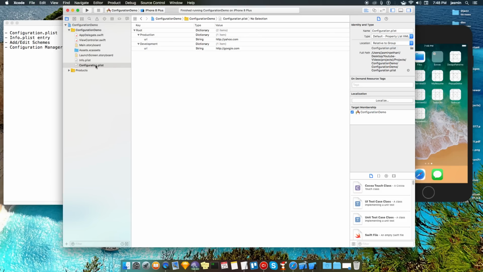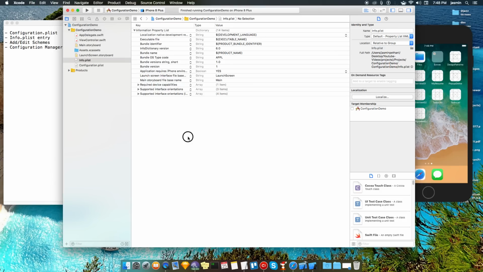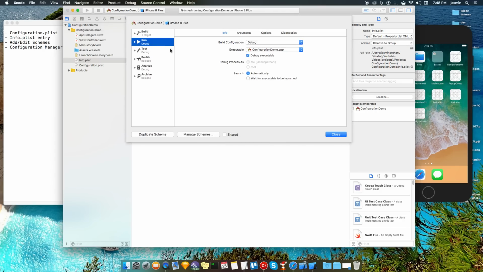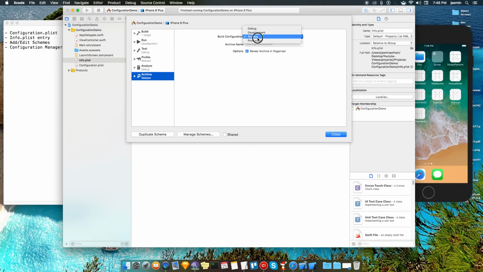So the configuration is ready. How do we know whether the current application is running in development or production? For that we need to use a scheme. Currently the application is running this way, but we can change debug to development, and for archive too we use development over here.